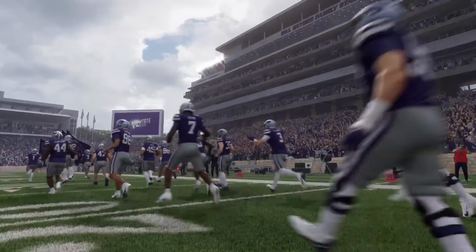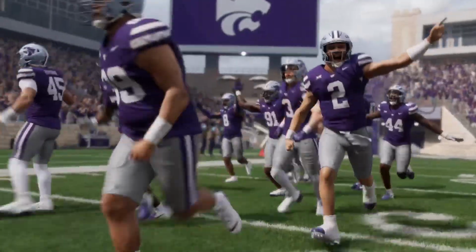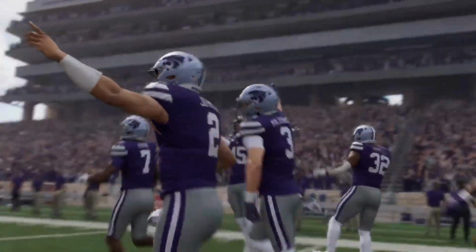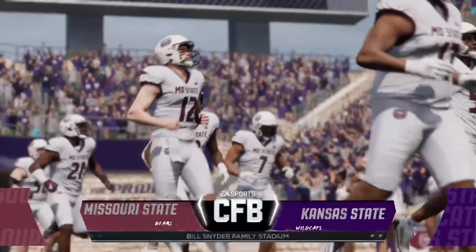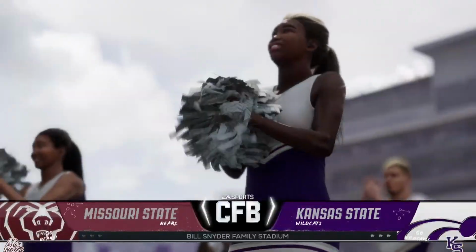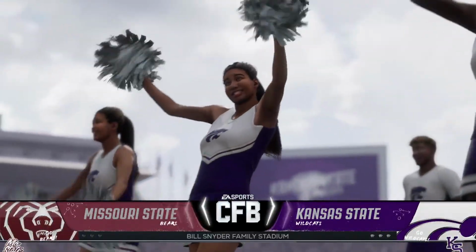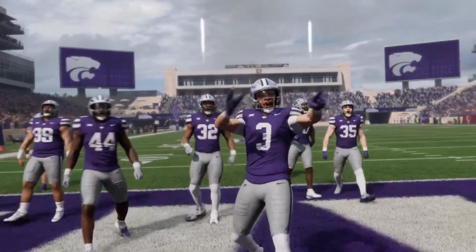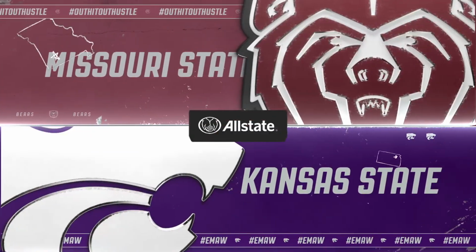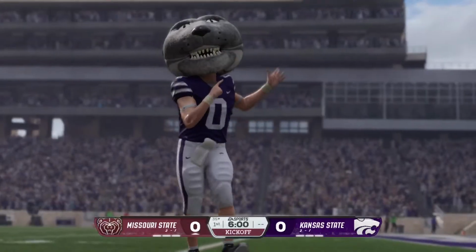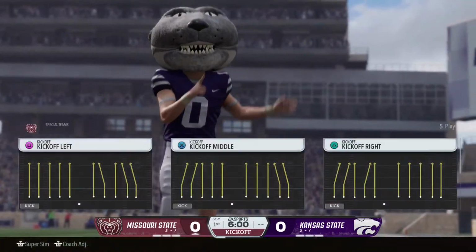We've got a sensational matchup for you. Fans have been filing in and getting ready for this game, as we'll see a squad from Conference USA, the Missouri State Bears, taking on a team from the Big 12, the Kansas State Wildcats. For EA Sports College Football, I'm Reese Davis, here with David Pollack and Jesse Palmer. Guys, let's get this thing rolling.